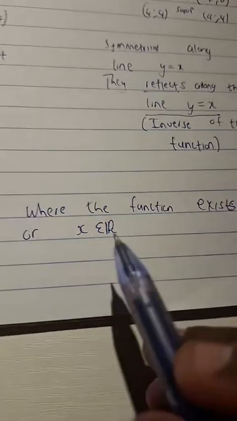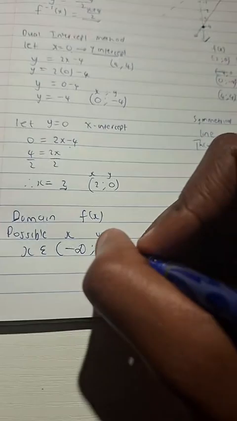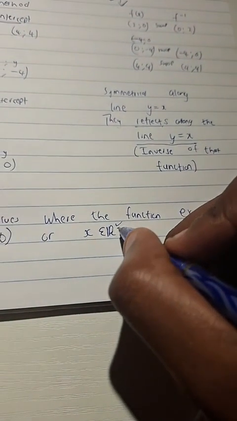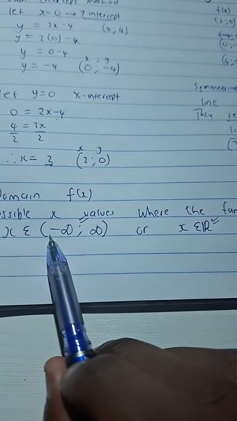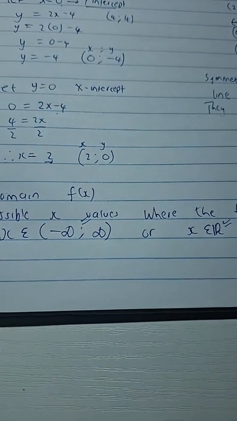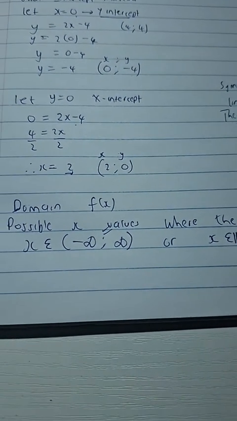Or if we don't want to write our answer in that way, we can always say x is an element of real numbers. Guys, you can either write your answer this way, that's very much acceptable, that's your domain, or you can say x is an element of real numbers. It means the exact same thing as x is an element of minus infinity to positive infinity. So Pio, you are spot on. And Jota Pagati, thank you so much for your